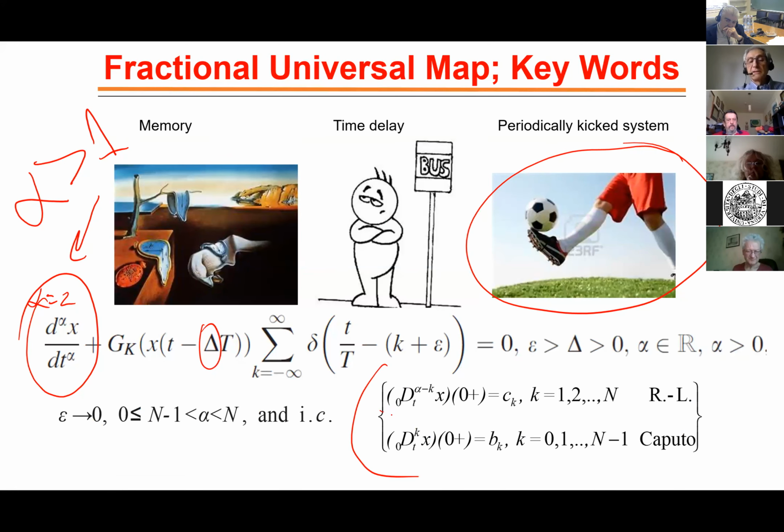And initial conditions are different for Riemann-Liouville and Caputo fractional derivatives that can be used. Why Caputo? Because in this particular presentation, I will consider alpha between 0 and 1, and Riemann-Liouville maps for this case are identical 0, because in many cases, in most cases, identical 0, because